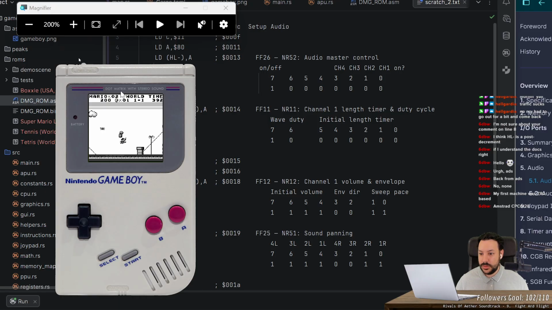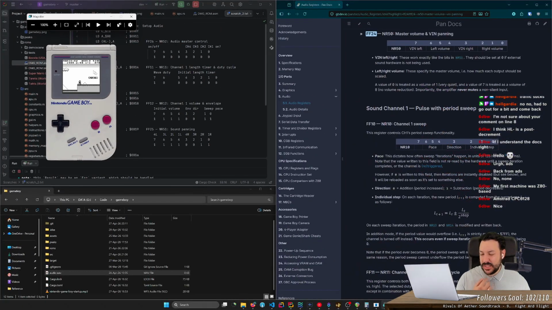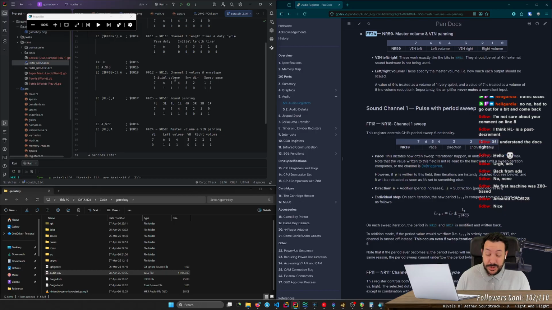So I would say the audio is the last difficult task that I have pending, because then I can always convert these to Game Boy Color and implement more features. But the audio is the only thing I don't have experience with, so it's proving to be a little bit more difficult.